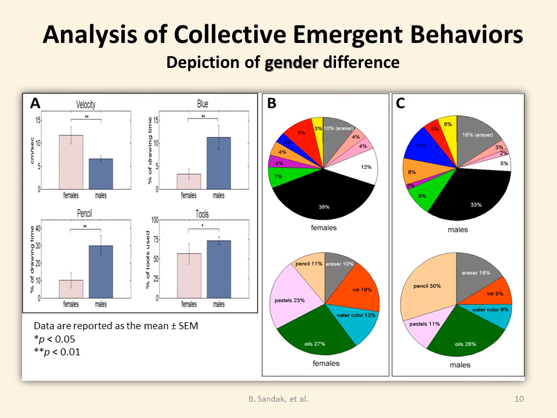We were able to obtain gender and age significant results, exploring collective behaviors for demographic differences. These include the findings that the drawing velocity of females was almost twice that of males, whereas males used the color blue and the pencil tool around 3 times more than females, and overall used more drawing tools.